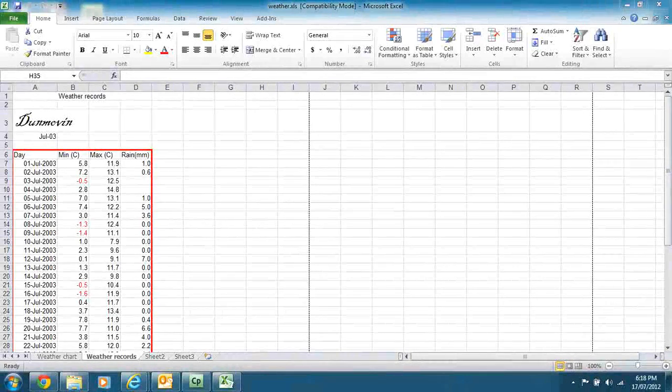I'm just working through this activity of the weather record spreadsheet, just demonstrating some of the skills that we need. The next stage I'm up to is looking at some of the print options that we have. We look at the requirements for this activity, and the requirement is we're going to print out the data section